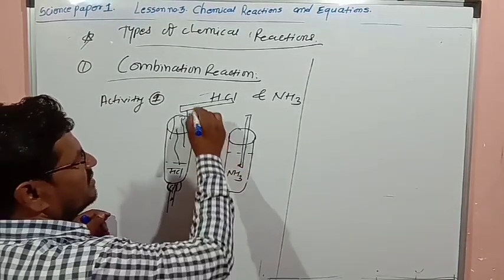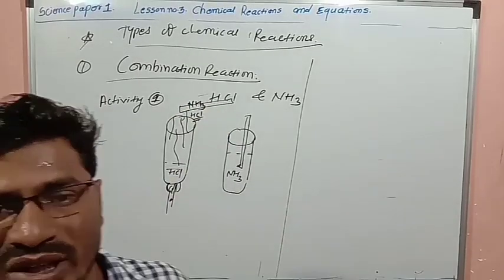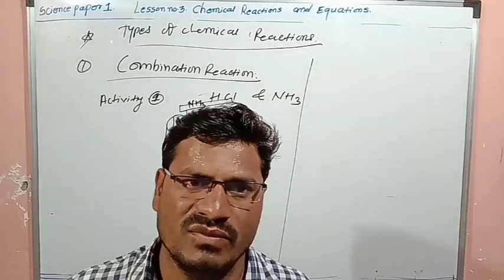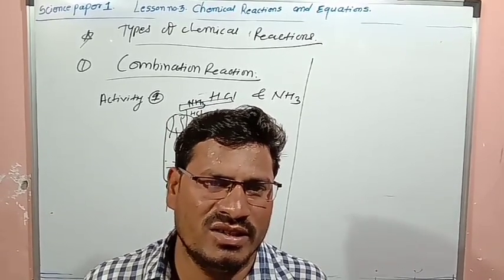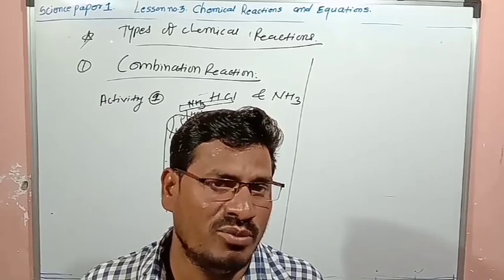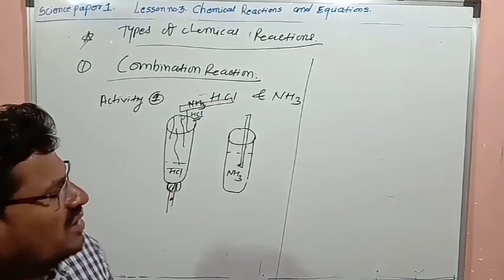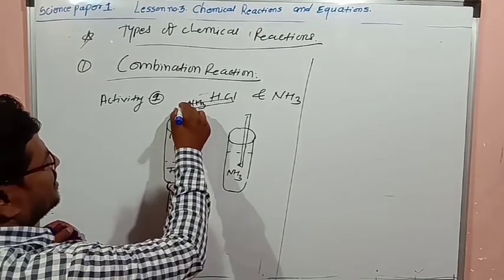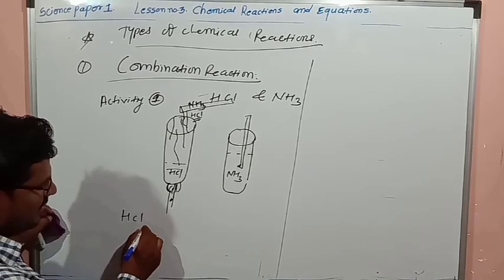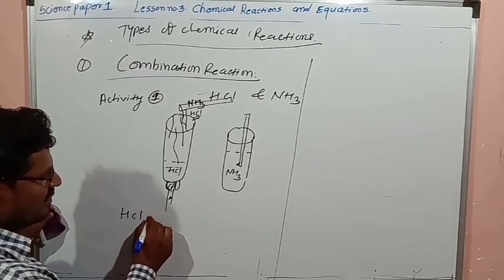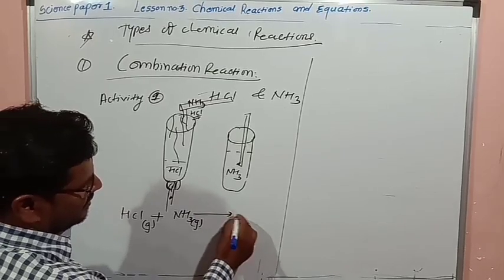And here NH3 gas is there. So a reaction will take place between HCl, hydrochloric acid, and ammonia, and in that reaction it will produce ammonium chloride. So when these vapors come here, which reaction takes place? HCl in gaseous state plus NH3, also in gaseous state, will give